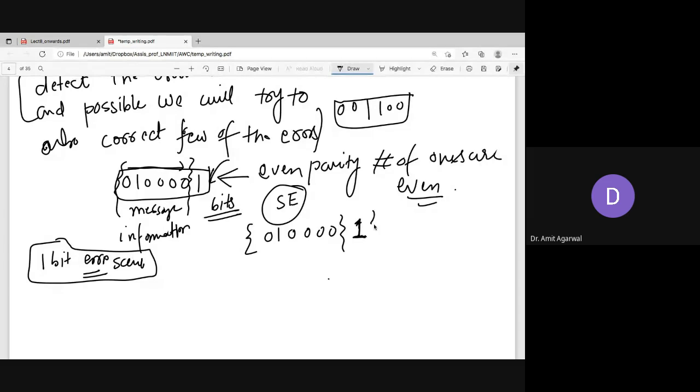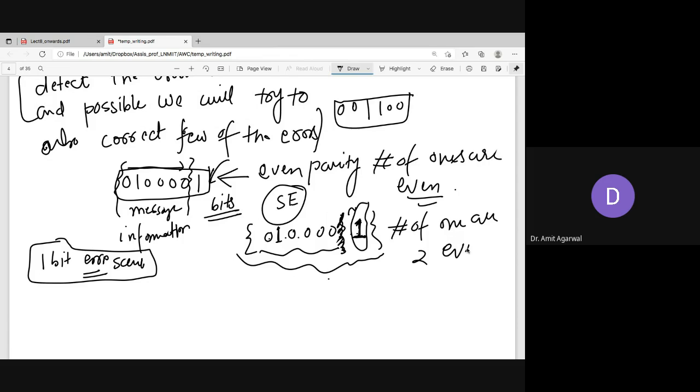This is the message part. Now the channel encoder adds a 1 in order to make the total number of ones in a message, in a frame or in a structure, even. Because there is one 1, we add 1 more 1 so that the number of ones is 2. So it is even, right? Now this